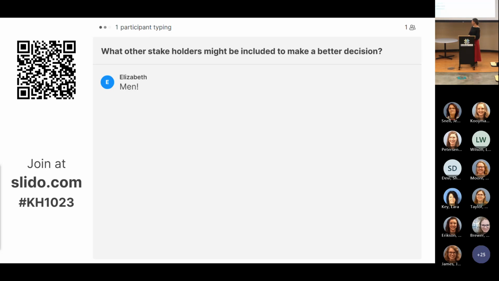If the Slido is too much, you're welcome to just type it in the chat as well. This is probably a situation that's happened a lot in our lifetimes. For sure. I mean, obviously family can be a multitude of people and it's not necessarily taking care of kids.